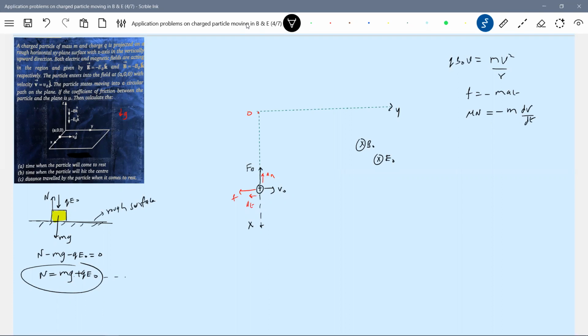So what is the question? The time when the particle will come to rest, the time when the particle will hit the center, and the distance traveled by the particle when it comes to rest. For the time taken, it will come to rest when the speed has become 0. And what is N equal to? We have the value here. So let me first get the